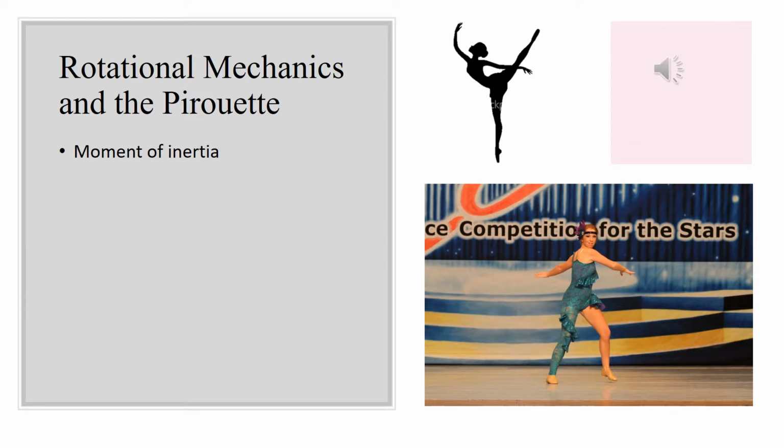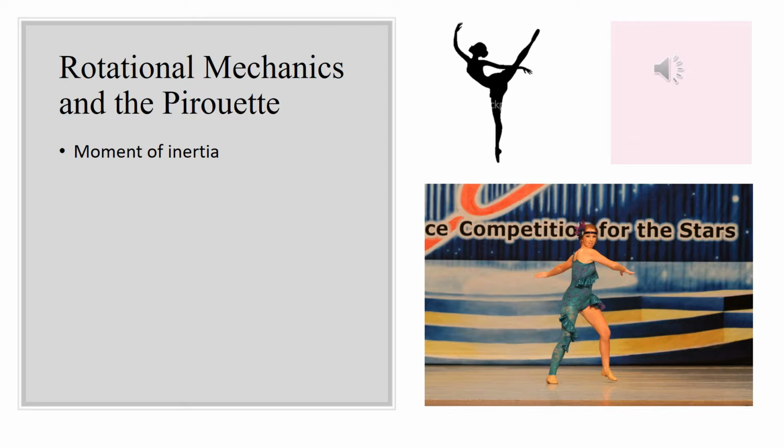So like I previously said, the moment of inertia depends on the mass of a body and its distribution relative to the axis of rotation, so therefore a body of a given mass will have a larger moment of inertia if the mass is far from the axis of rotation than if it is close. An example of a dance movement with a large moment of inertia would be the arabesque. An arabesque has a larger